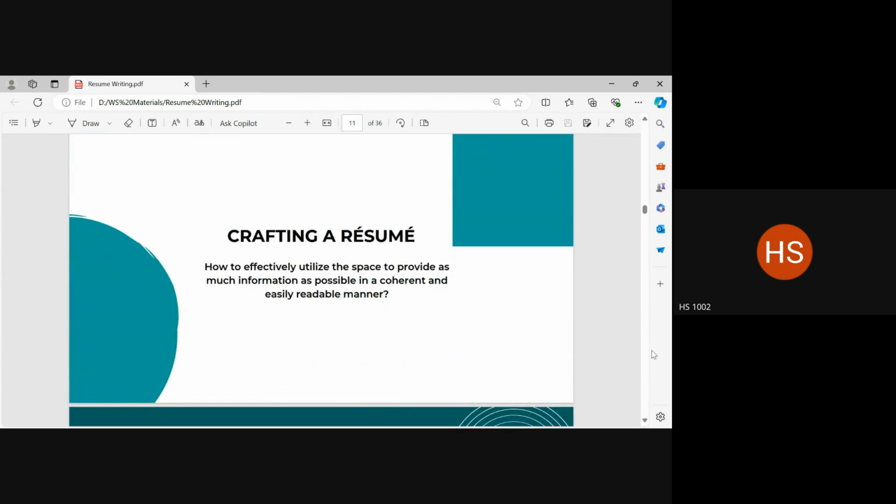Now, a resume, when you craft it, it needs to have all the information that is required about you listed in a very coherent and easily readable manner. That is, it should not be crammed with text. The space on the page should be sufficiently balanced between text and white space.